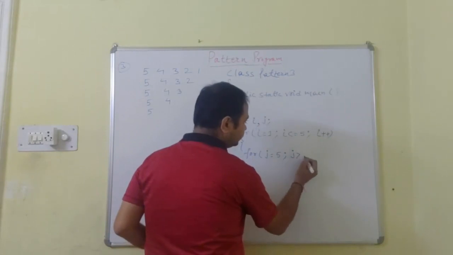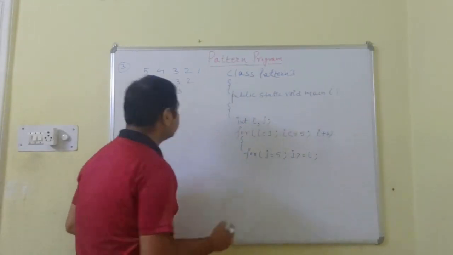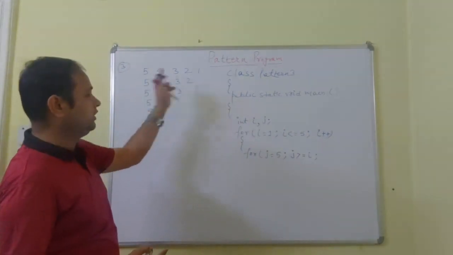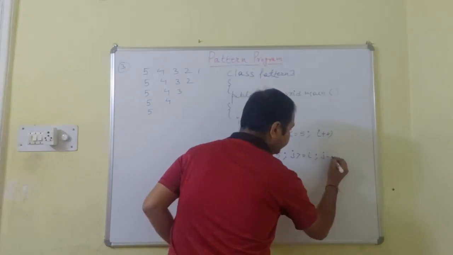j greater than equal to i, and then decrease the value because we are having 5, 4, 3 to 1, means we are having the decreasing way. So we will write here j minus minus,